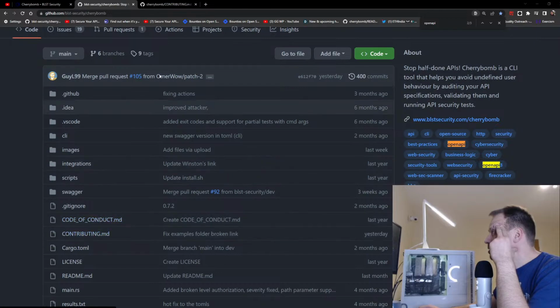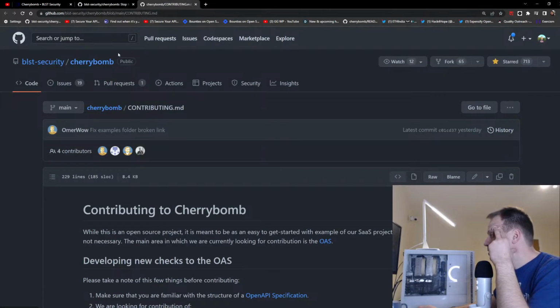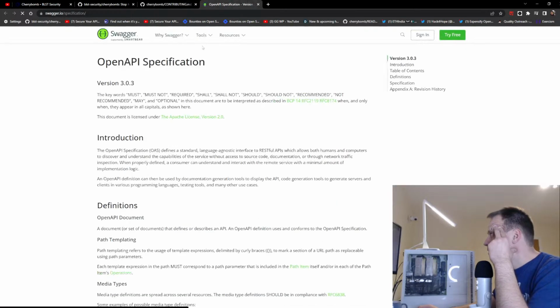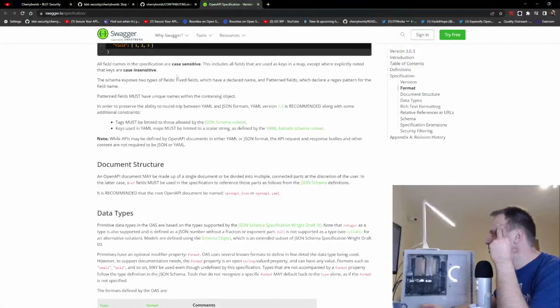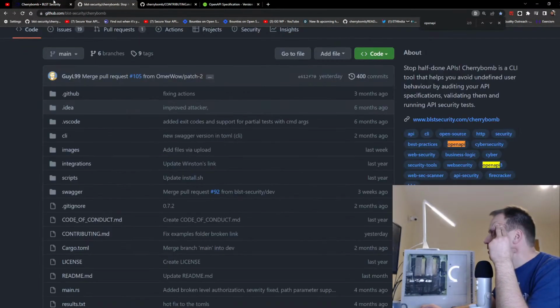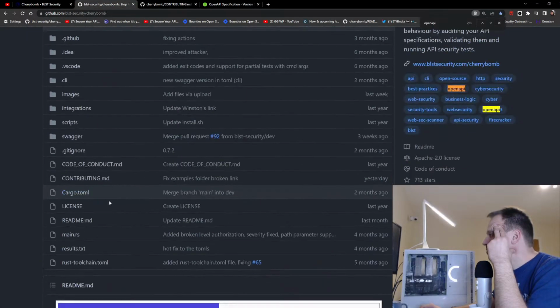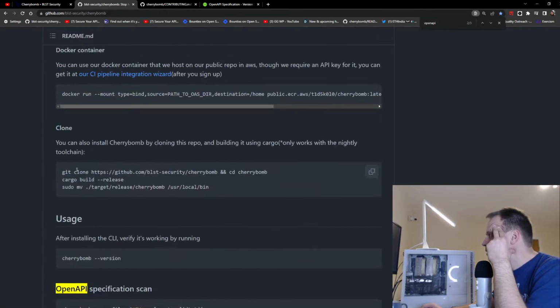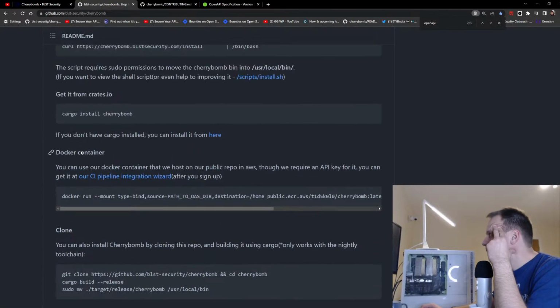So basically my message was that here in CONTRIBUTING.md, they refer to the OpenAPI specification. Yeah, from Swagger, obviously. It's a very long document, but what they mean here, right, here. So what they're doing, so now